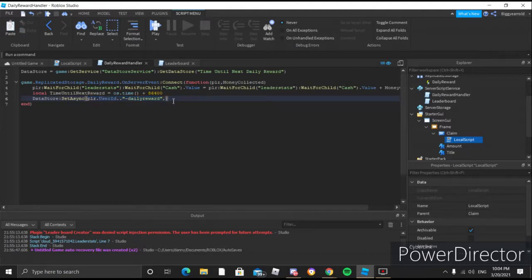Next, we're going to go ahead and do comma. Now, what do we want to set the data as? Well, obviously, we want to do time until next reward. So, basically, what